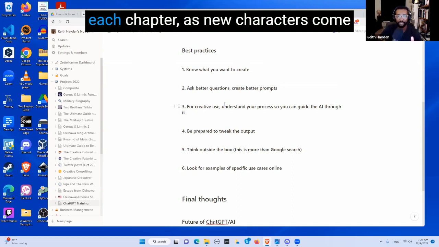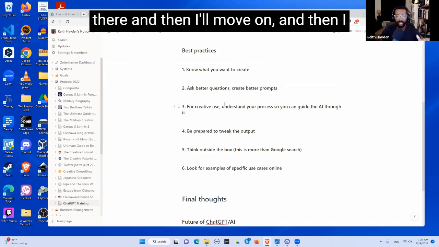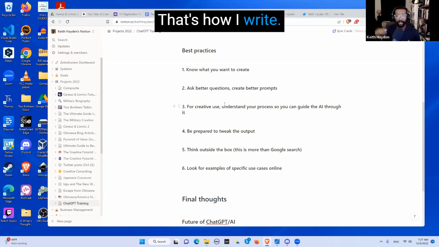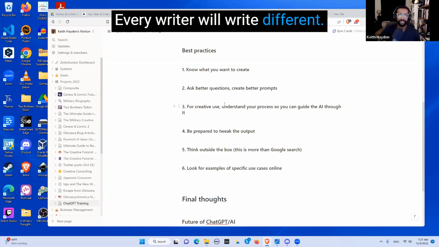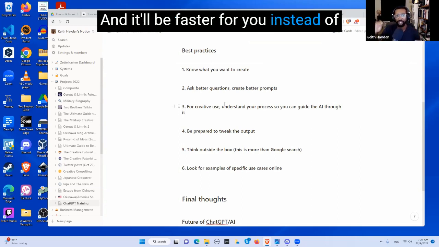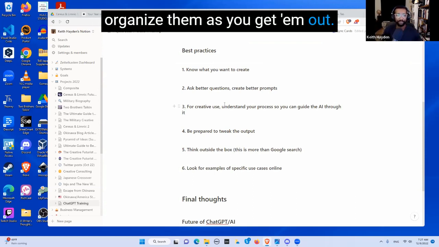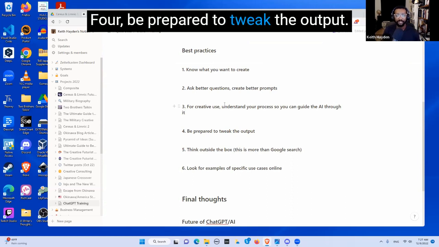And then as I write each chapter, as new characters come up in scenarios, then I'll elaborate there and then I'll move on. And then I make everything fit within my outline. That's how I write. Every writer will write different. You're going to do things different. Know that process so you can guide the AI through it and it'll be faster for you instead of it giving you a bunch of random prompts and you don't know how to organize them as you get them out.